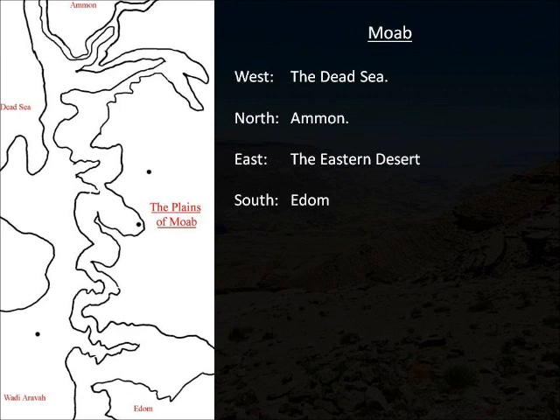But also notice to the south, once we go even further south in the Dead Sea, we find what's known as the Wadi Arava. And unlike many of the other wadis we've studied, the Wadi Arava is completely dry, and it's technically a part of the Negev. Now, to the north, of course, you cross over the Wadi Arnon, and all of a sudden you're in the land of Ammon. Now, to the east, surprise, surprise, we find more of the eastern desert. And again, if you keep going east, you'll eventually hit Babylon, but I don't recommend you try it. Now, to the south, eventually you'll cross what's known as the Wadi Zered, and then you'll be in the land of Edom.